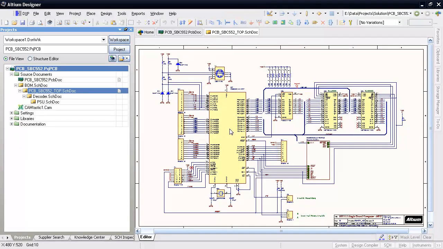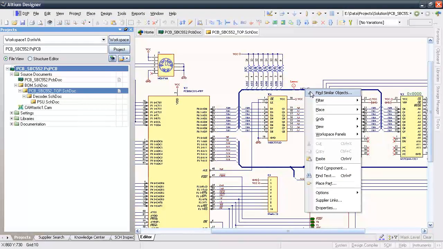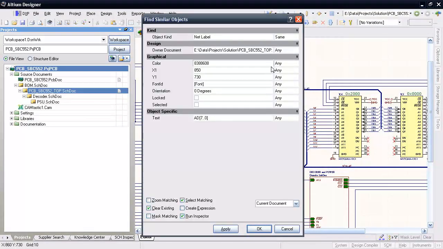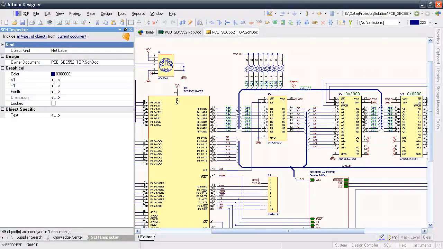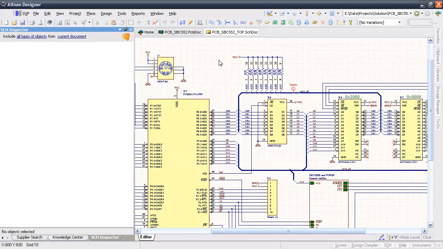If you've been using Altium Designer for at least a week, chances are that you already use queries, even though you may not realize it. Whenever you use Find Similar Objects, you're creating a query expression that filters and selects objects based on the matching parameters. You will probably find that you often need to make the same object searches, so let me show you how to improve your productivity even more by storing your most common queries in favorites and custom toolbars for easy